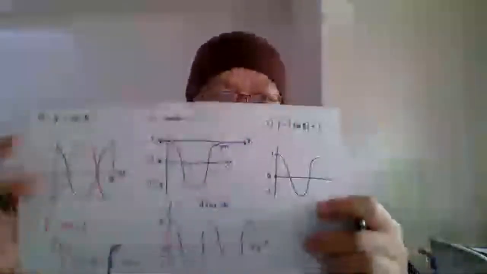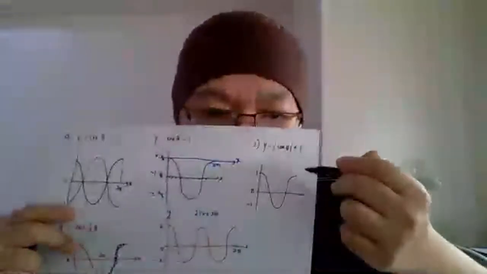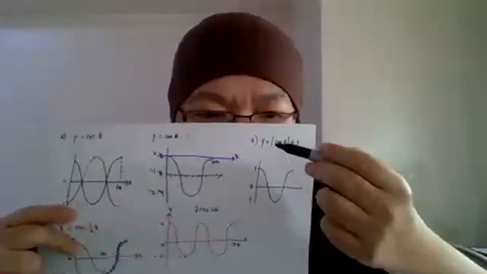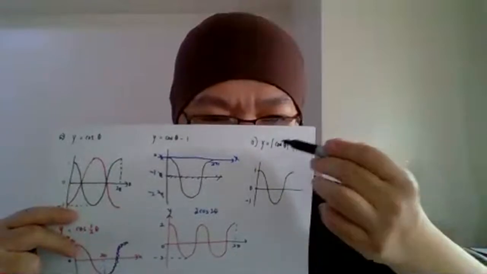Okay, modulus. 11 is modulus. y equals to modulus cos theta plus 1. Yeah. So as usual, just draw the basic cos. It must be 1 wave, 1, 0, negative 1, right? Okay, this is our cos theta: 1, 0, negative 1, and because of modulus and plus 1 here, we need